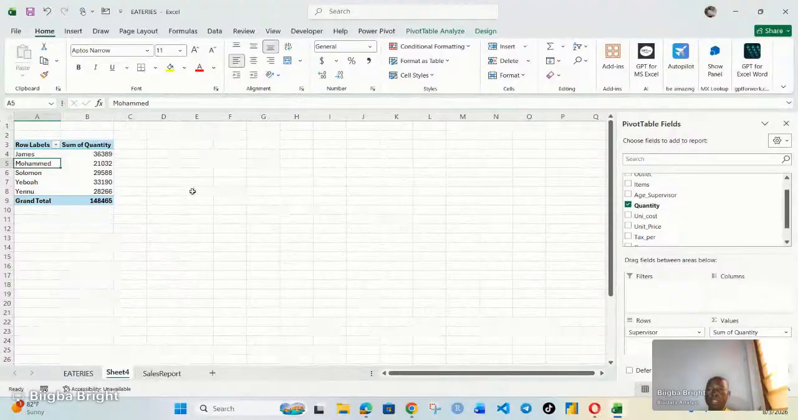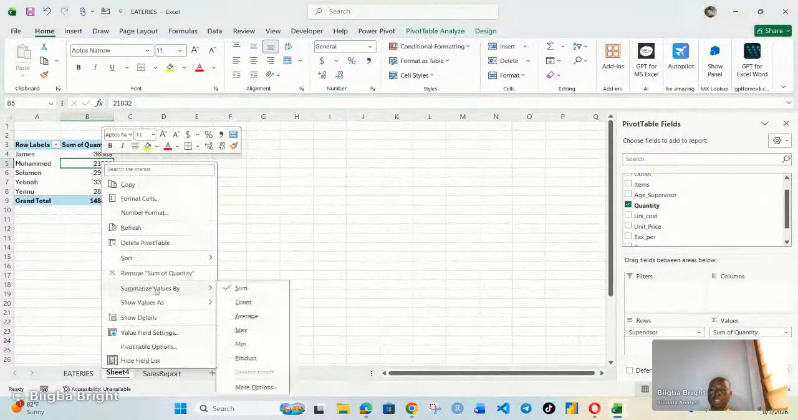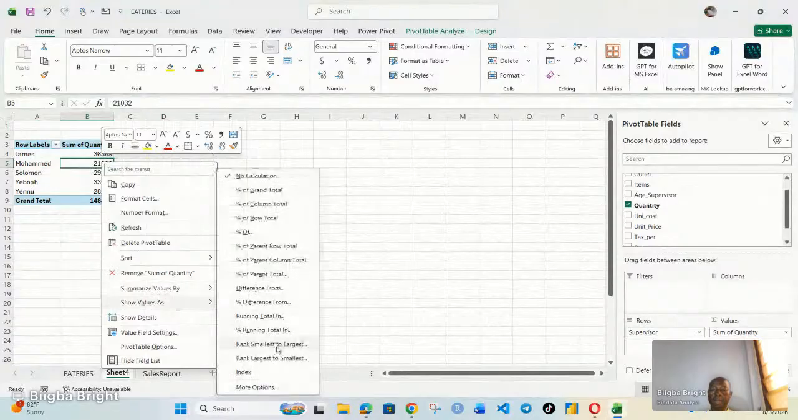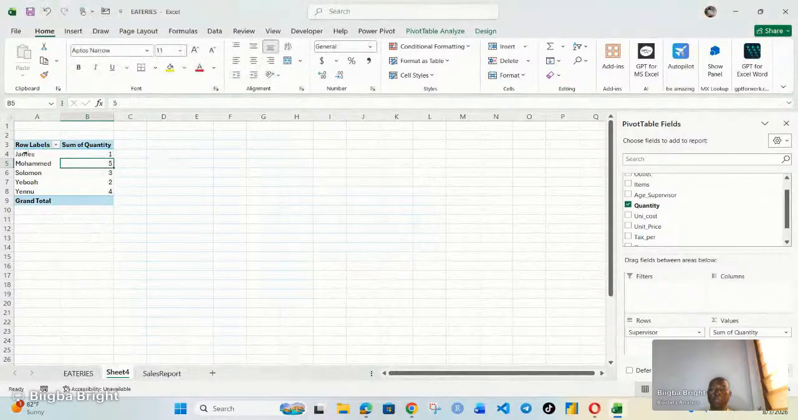We can actually come to this point here and convert these particular values into ranks, and we see which of the supervisors perform better. So I can simply click on that and say summarize the sold data by rank. If you scroll down, you can see rank largest to smallest. You can choose. And when we click OK, you see that this particular supervisor here,